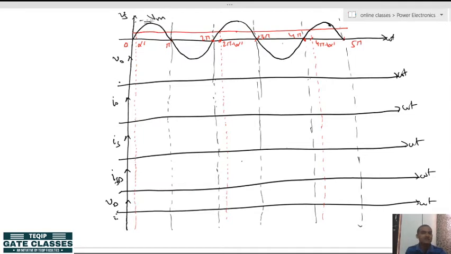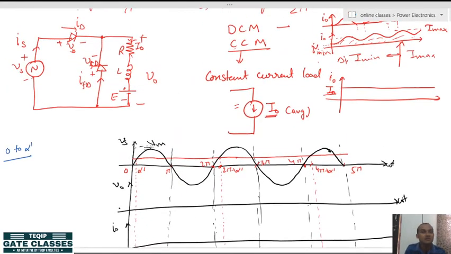All right. So, let us start with instant wise. We have already studied what are the 7 steps to draw a waveform. So, when first instant comes, first instant is from 0 to alpha dash. When 0 to alpha dash, here you can see in the upper circuit that for 0 to alpha dash, this main diode is reverse biased, and since initially we are assuming that no load current is flowing, this freewheeling diode will also be not working, because this freewheeling diode will also be reverse biased because of this